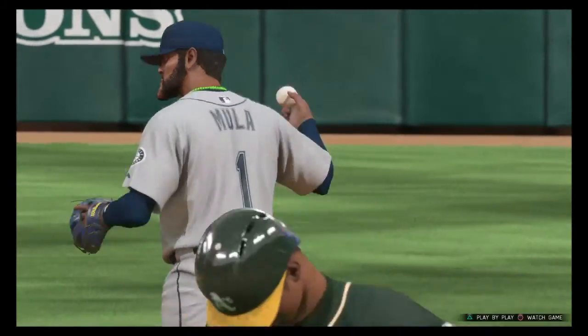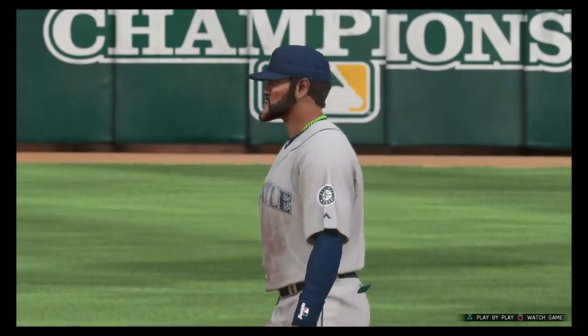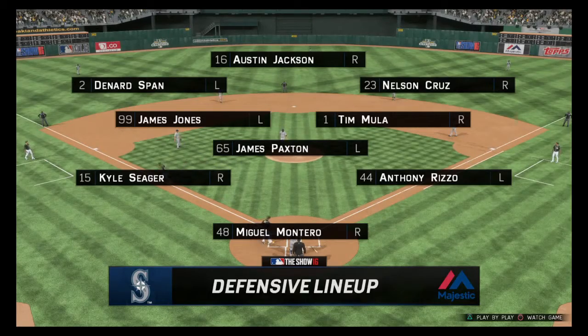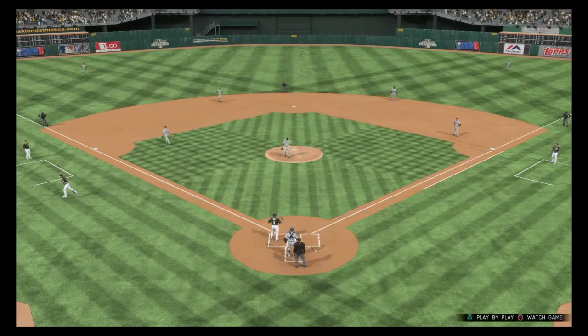With a moment now, let's take a look at how the Mariners will set up defensively. It's brought to us by Majestic. EK, what do you got? Well, Matty, one place you don't want to...